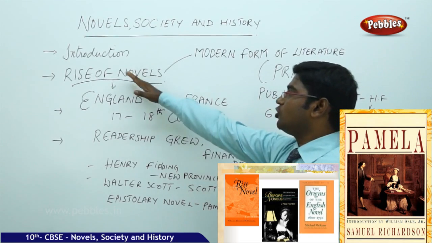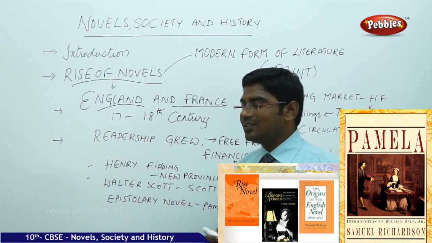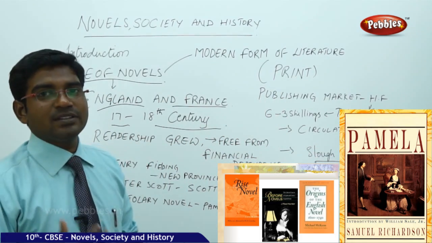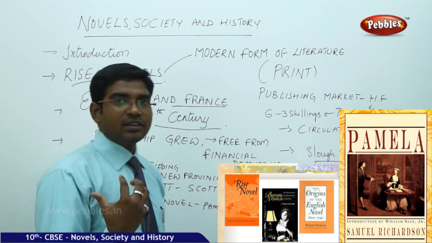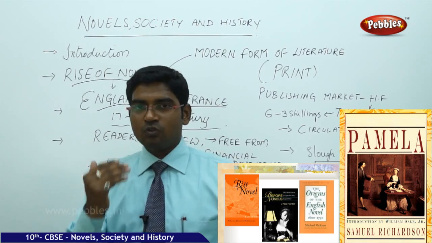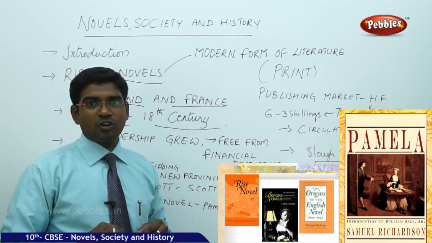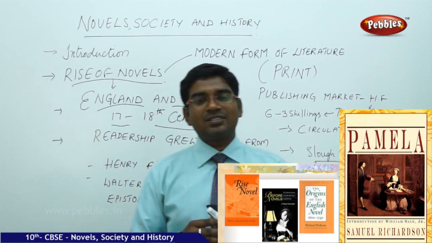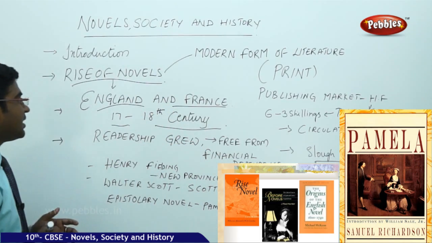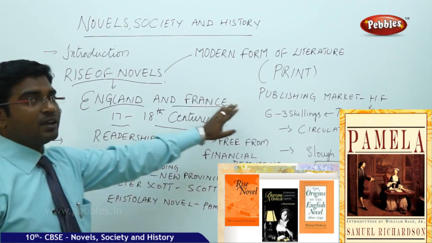Now moving on to the development of novels in England. In England and France, the novels developed in the 17th and 18th centuries. In these centuries, as we discussed earlier, the concept of reading was being inculcated into people, especially categories like children, women, and working men. All these people started to develop the habit of reading to understand themselves, to understand society's growth, and also to develop themselves professionally. All these things added a great feature to the 17th and 18th centuries in England as well as in France.